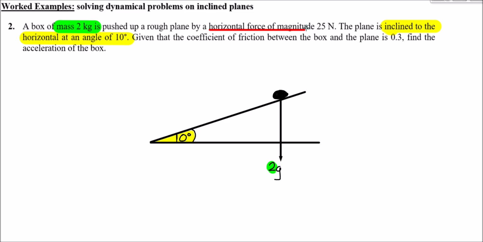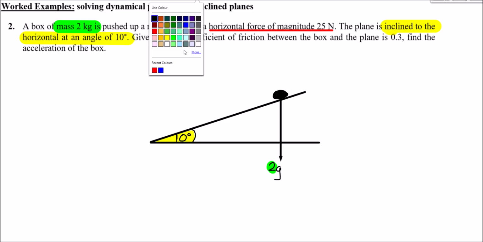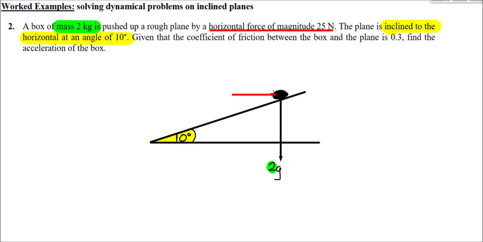So I'll add in this force in a red line, something like this. So it's straight on and has size 25 newtons. As well, it's a rough plane, so there's going to be friction involved. And friction, because it's a moving box, the friction will be F max. Because it's moving, you need to work out F max,